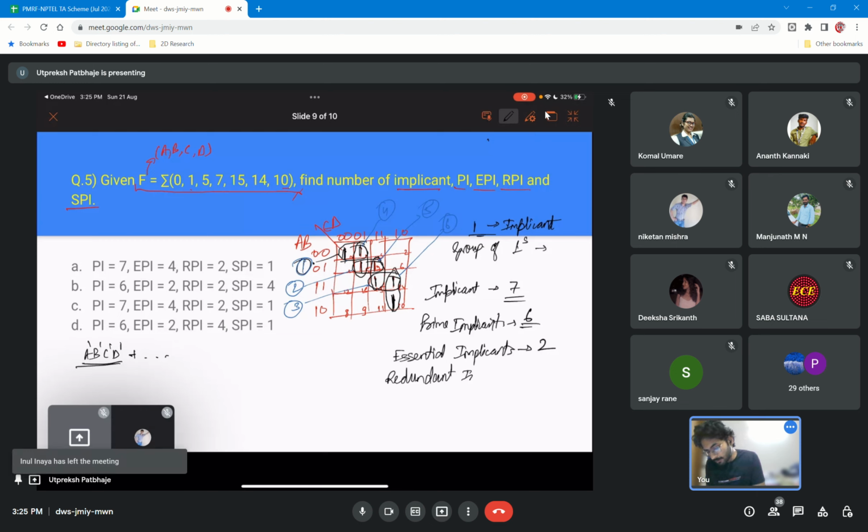Redundant and essential are quite similar. Let me make that clear. So I will include redundant and essential to explain again. By definition, if you want to denote an implicant as an essential implicant, you have to be sure that